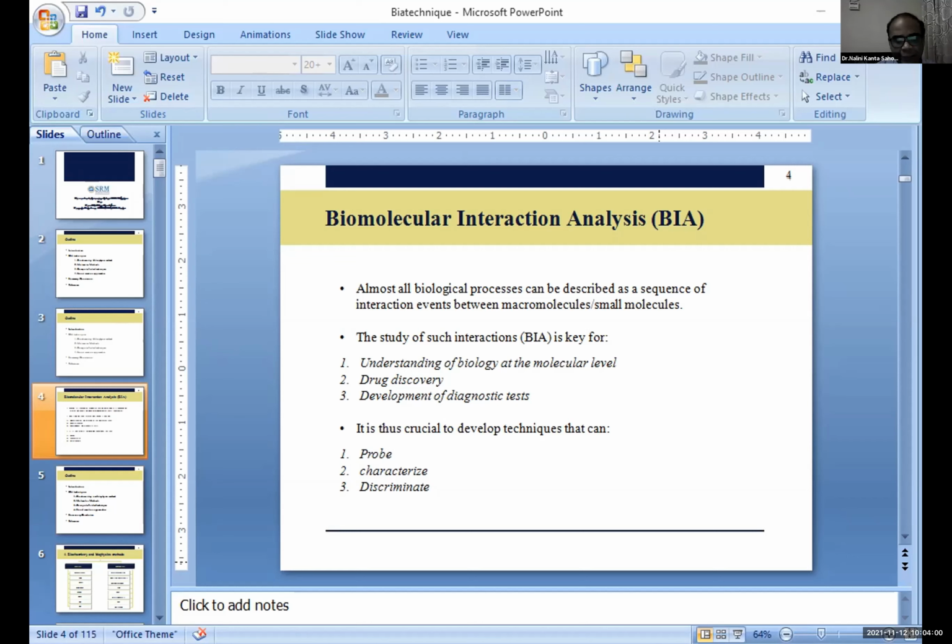But IR spectroscopy is a highly acceptable technique. Okay, and as you can see here, another technique, surface plasmon resonance technique, but it is not that widely used. Okay, and one more very important technique, microscale thermophoresis. In this, we are going to measure the motion of the molecules, how the molecules are moving, so that we can know by using this MST technique.